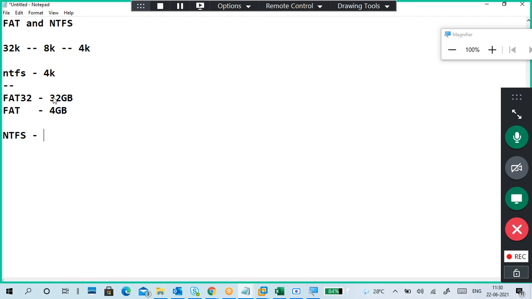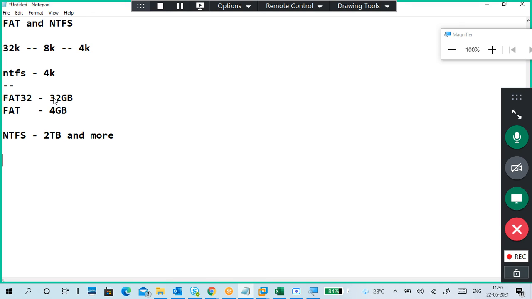NTFS also has a limitation of 2 terabytes for a single partition, and more support also exists. Practically, NTFS's limitation depends on the operating system.